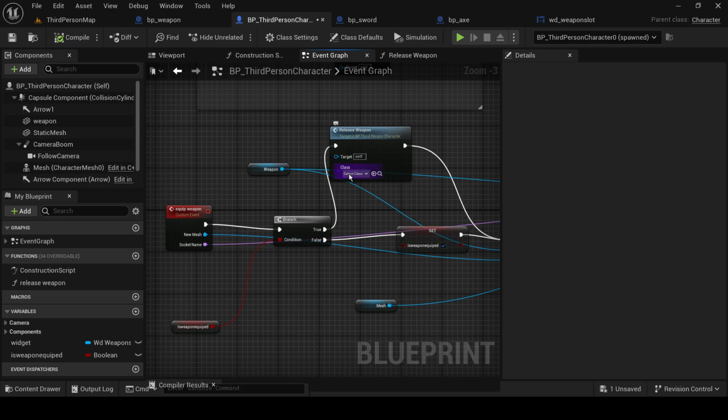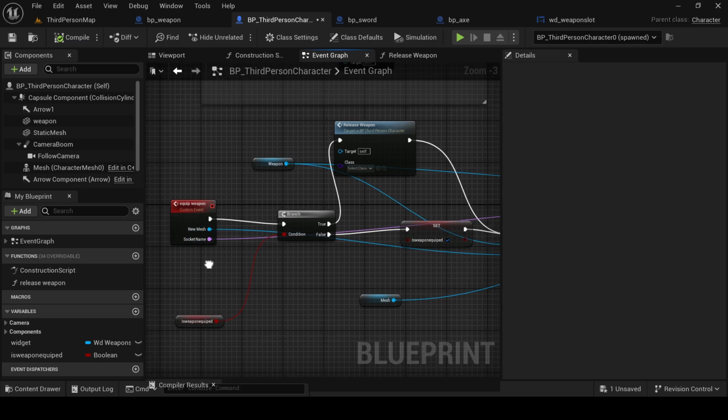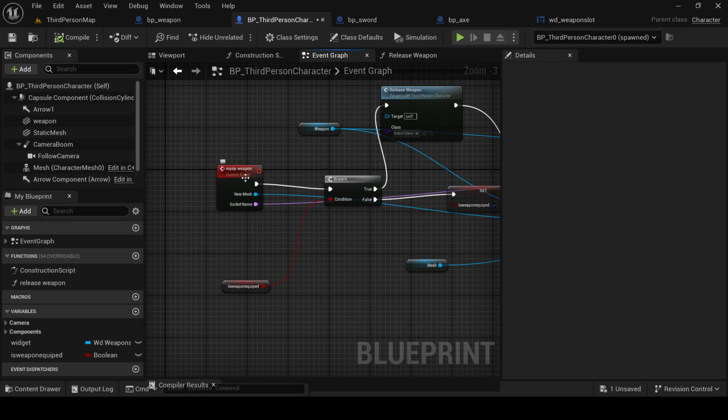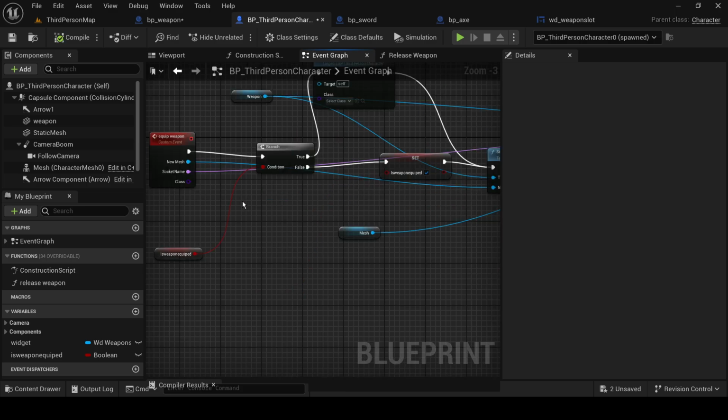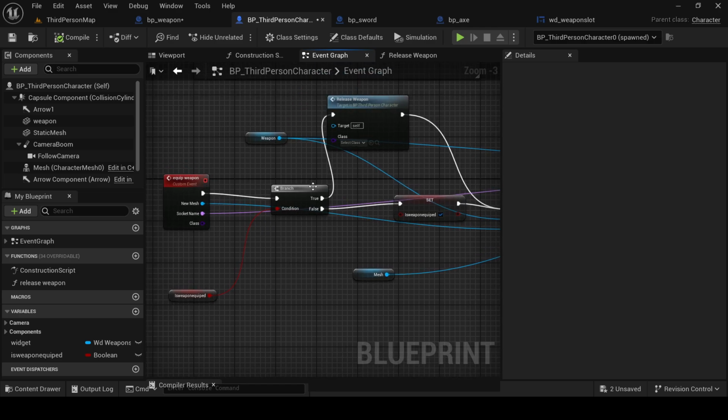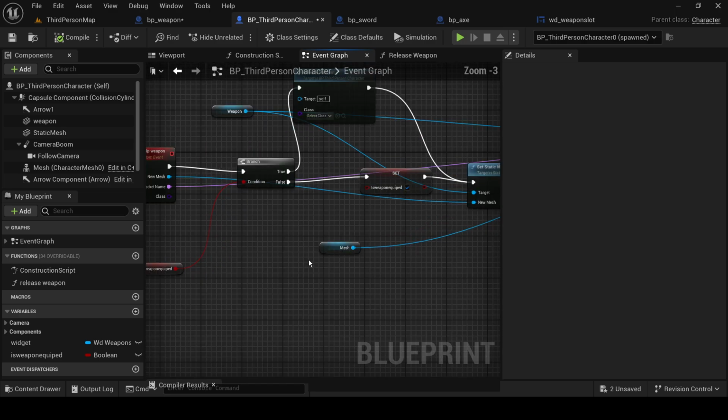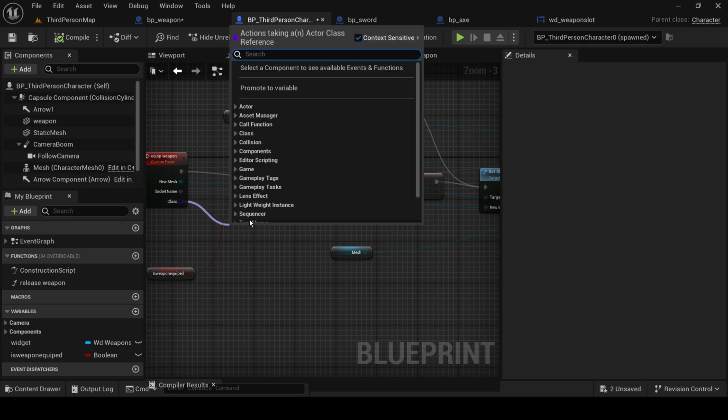What we're gonna do is we need to get the class of the weapon that we're gonna release. So when we equip weapon, we're gonna save a weapon class here, so we can release it. When we call our equip weapon, we need to save the class so we can release it. So when we promote this to a variable